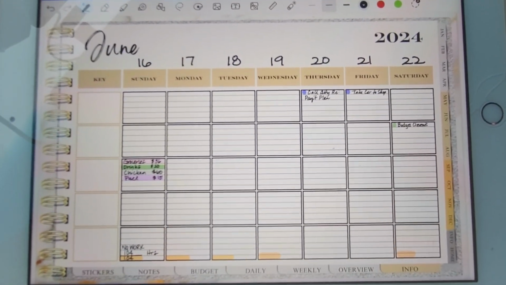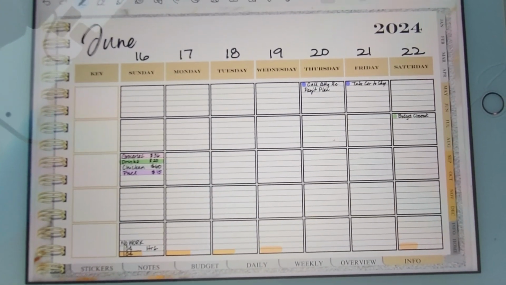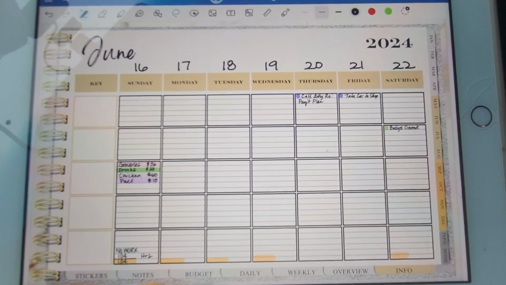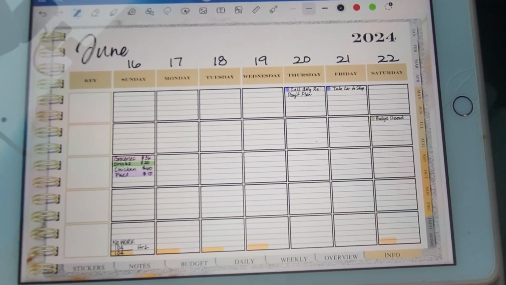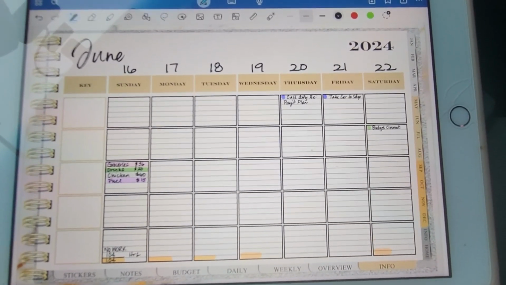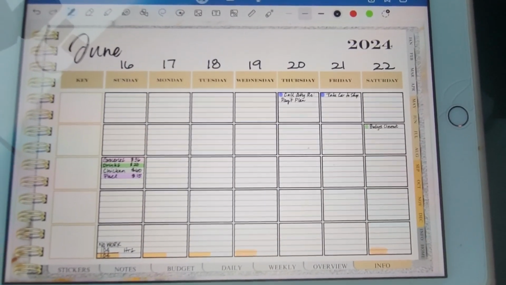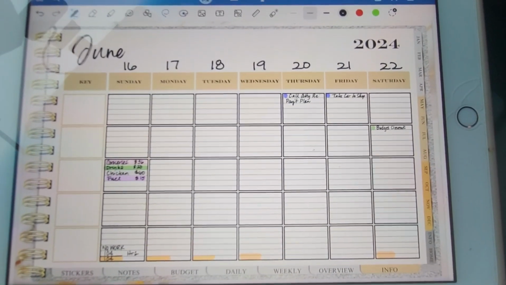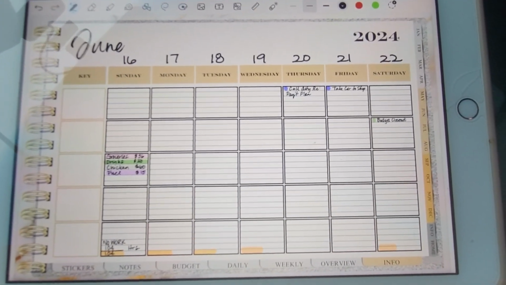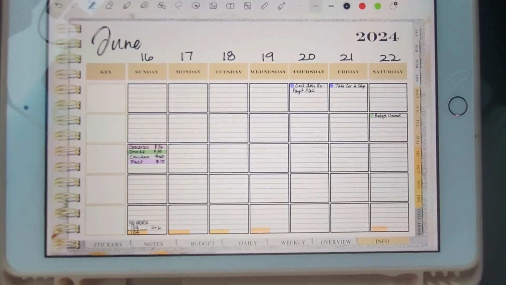Okay, so this planner is created under the Journey of Queens line attached to my business, and it was created to be kind of multifunctional. Because I was having a difficult time keeping up in my paper planners, I thought to myself, let me try a digital planner. Well, once I figured out how to make a digital planner,